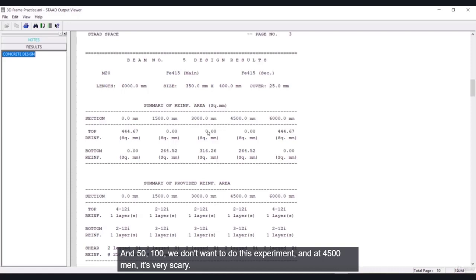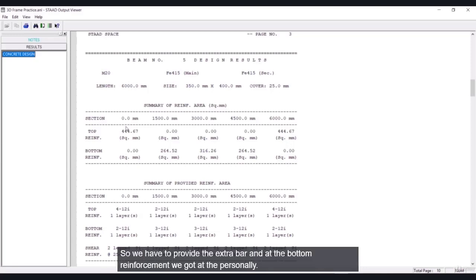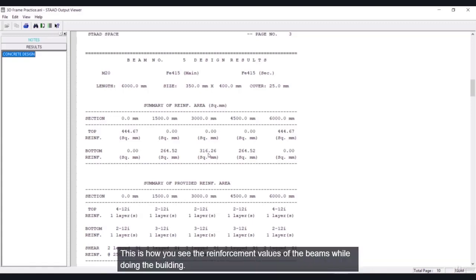At 3000 it's 0 square mm, and at 4500 mm it's 0 square mm, and at the other end of this span it's 444 square mm, which means that this beam has got reinforcement at the top at the edge only. So we have to provide the extra bar, and at the bottom reinforcement we got at the mid portion only. This is how you see the reinforcement values of the beams.